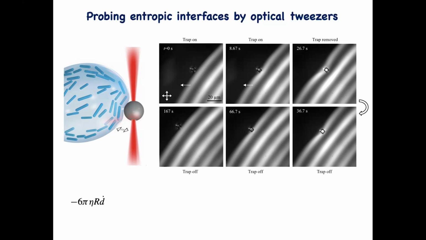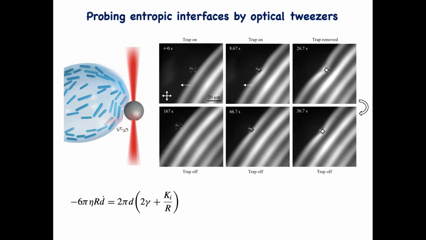Okay, and if you do so, here we are at an extremely low Reynolds number, so there is no inertia essentially. The only force is the drag force, and the drag force is just the push that the probe particle receives, which has a term in the surface tension and another term on the elasticity.